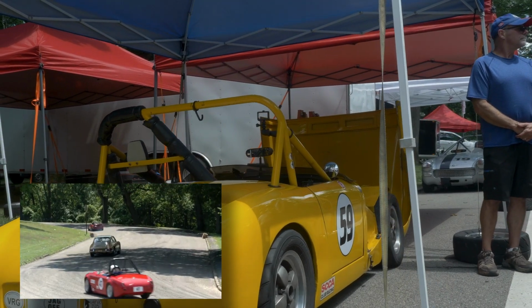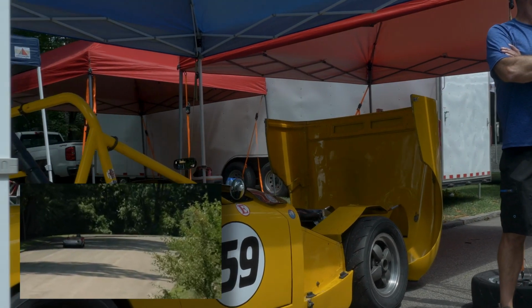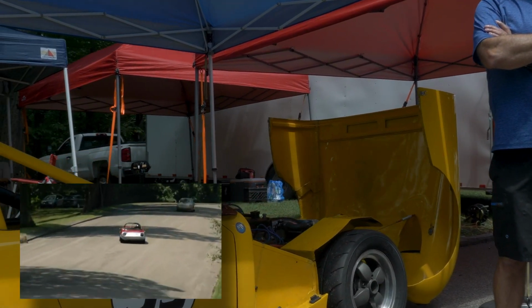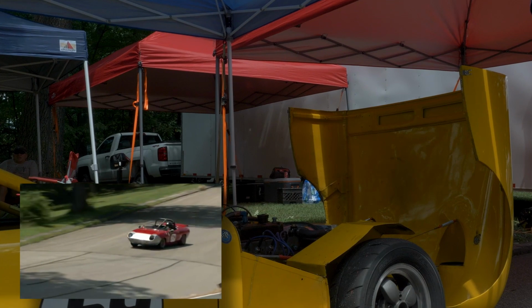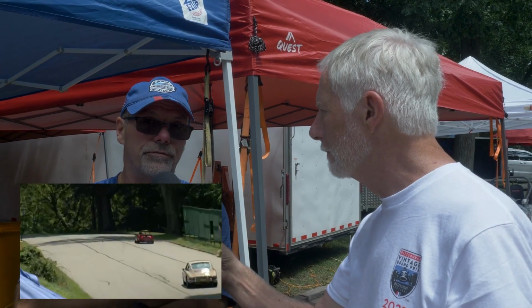So they're fun. It is interesting for people like me who are trying to keep track of who's who in the group, to look at a bunch of Sprites and realize they're not all running the same motor. There are actually four different motors that came in a Sprite: the 948, a 1098, a 1275, and then the last ones were 1500s. No one likes the 1500 because they just weren't made, so no one even uses those motors in these. It's all 1275s that everyone goes to, but